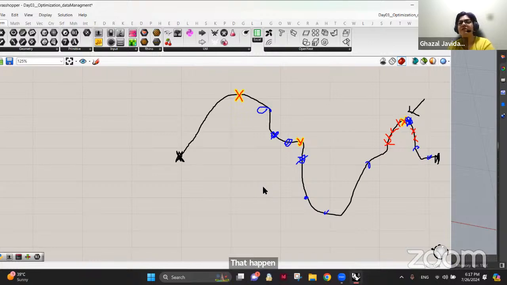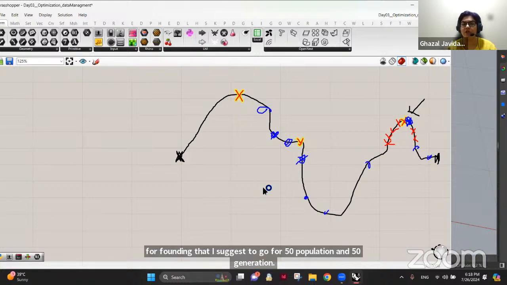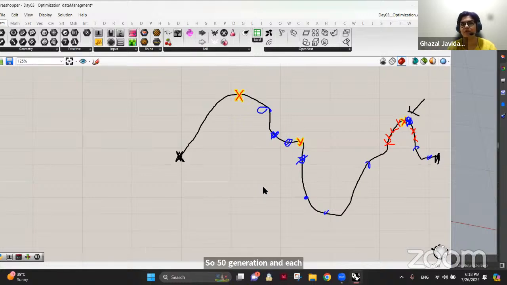You know, I just want to say that you cannot say that a large population or many generations is better or is worse. You should just find the ideal one for your specific problem. And for finding that, I suggest to go for 50 population and 50 generation. So 50 generations, and in each generation, you're going to have 50 parents or 50 population. 50-50, this is something very usual